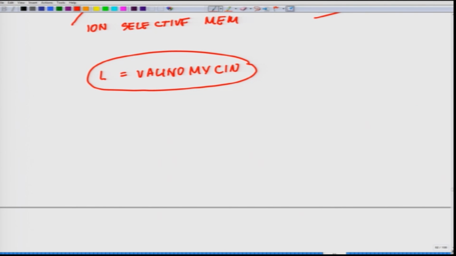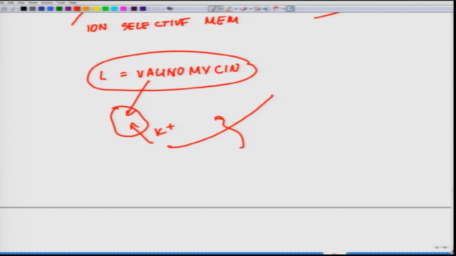For example, we could use valinomycin. It is a natural antibiotic secreted by certain microorganisms, and what valinomycin does is bind to potassium ions. If this is the valinomycin, it binds to the potassium ions and carries them inside the cell membrane. The ligand which has to be chosen has to have a very high binding to the